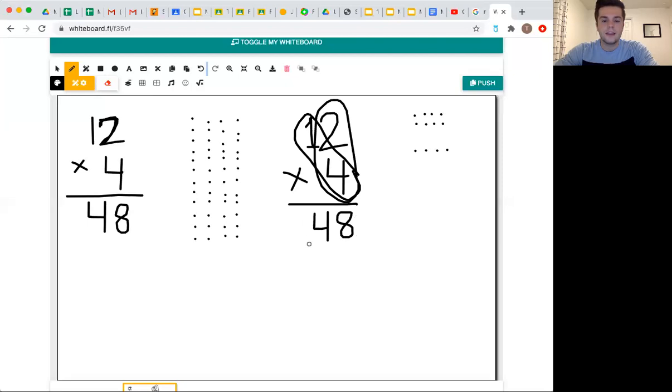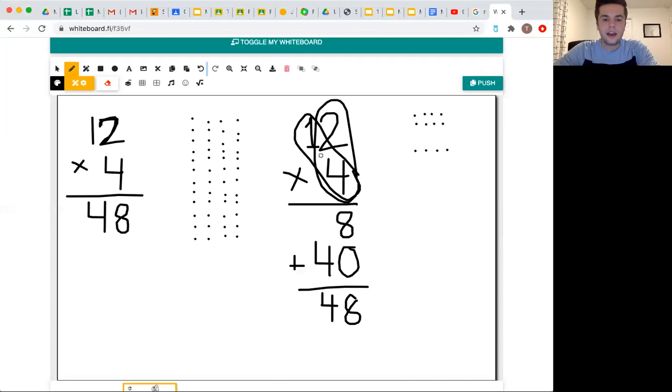Now, here's the thing. This isn't just 1. It's actually 10, because it's in the tens place. So when we go 4 times 10, we know that 4 times 10 is actually 40. So let's go back and let's write it like this. So 40. And then we can add 40 and 8 together to get 48. Okay,